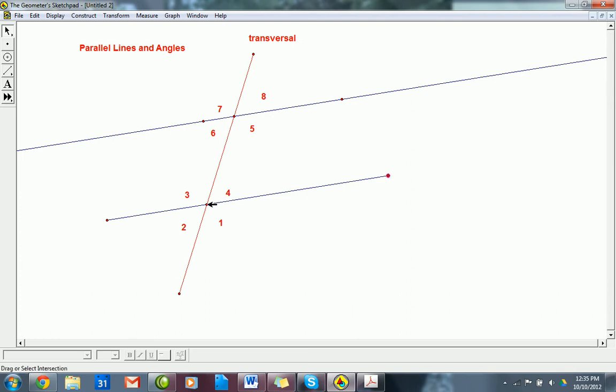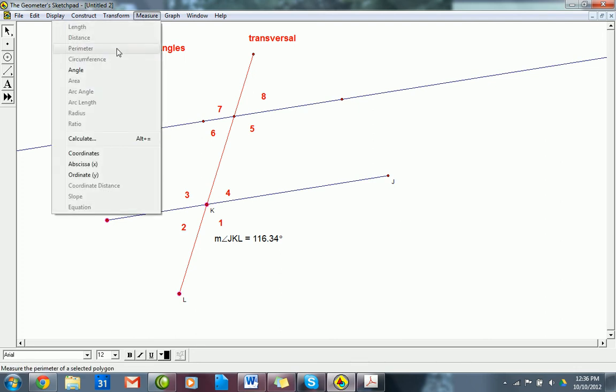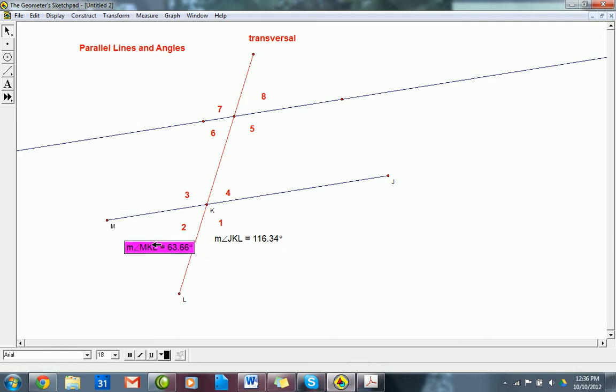So I'm going to measure angle 1, and I'm going to put that right here in angle 1. I'm going to measure angle 2, which will be supplementary to angle 1, right? I'm going to measure angle 3, put that right there, which is going to be supplementary to 2, or equal to 1 by the vertical angle theorem. And I'm going to measure angle 4. Of course that's not too bad yet, but it gets interesting when I move up along the transversal